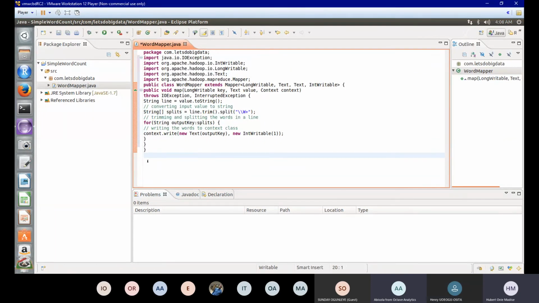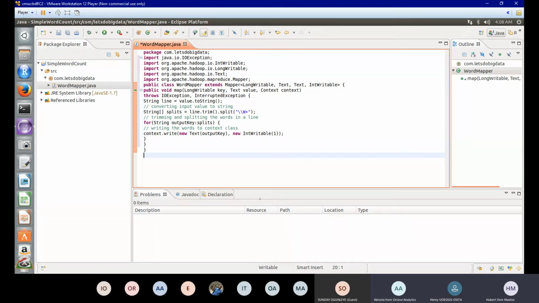And so similarly, you do this for all your other functions. So let me just quickly say this before we call it a day. So you have your word mapper. It's already saved there. So next you create another class. So we have different classes. So now we want to create the word reducer class. So we have the word mapper class, we'll create the word reducer class, and we'll create another class that will count our data.